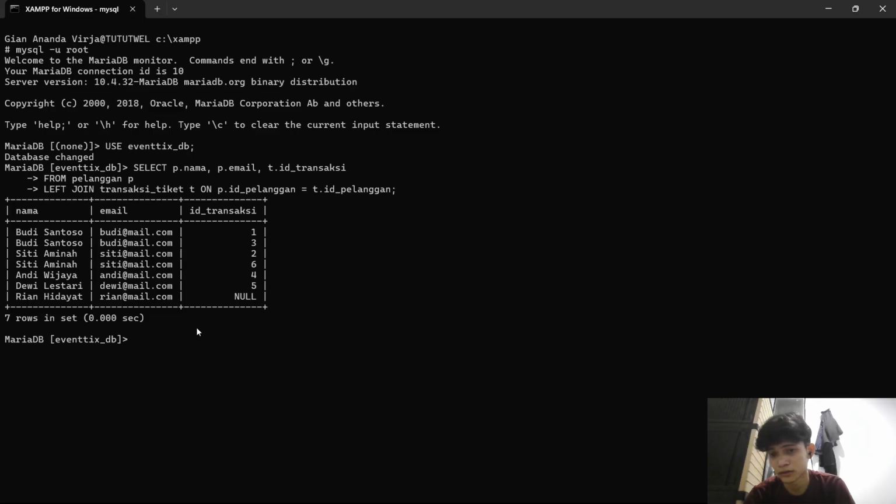For number two, we connect the event table with the organizer table using right join. By placing the organizer table on the right side, we make sure that all organizers are displayed, including those who do not currently have any active events.